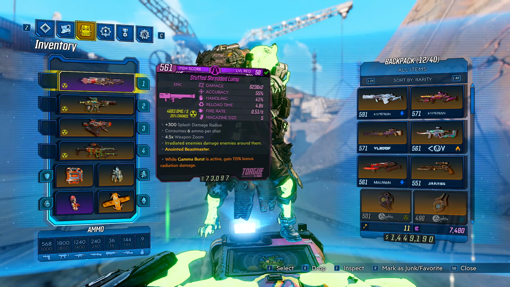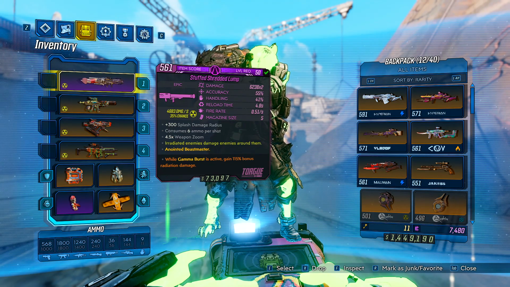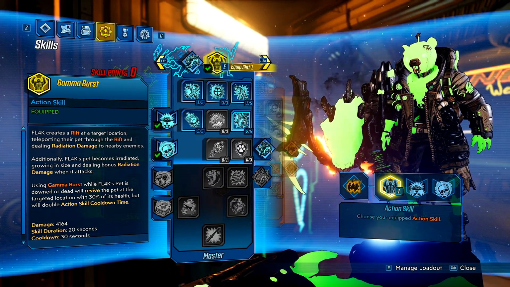all radiation damage. And then it has the Gamma Burst Anointed, which was buffed up from 65% to 115% bonus radiation damage. So if you want to do a build, you don't need to have all radiation damage, because this just does a bonus radiation damage on whatever weapon you have this effect on, so it's just a massive damage increase. Now, since this build is focused on Gamma Burst, I want to go low enough in the Master Tree